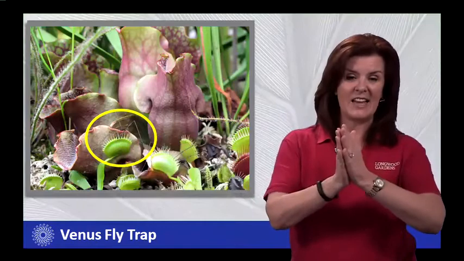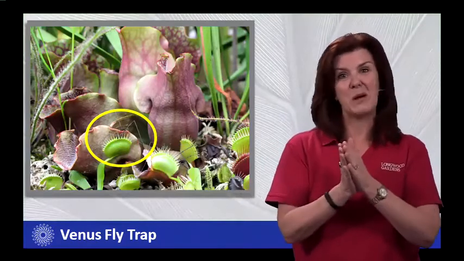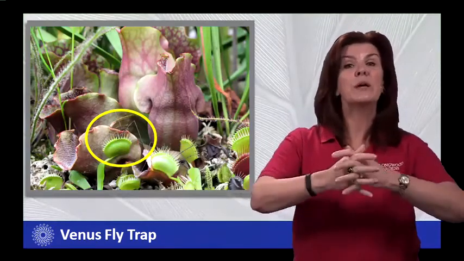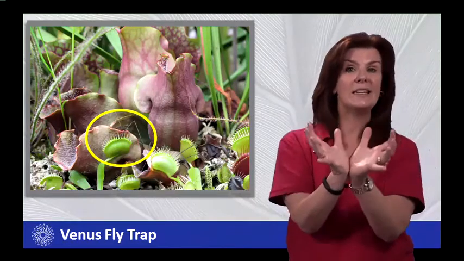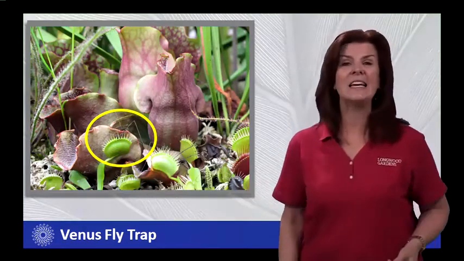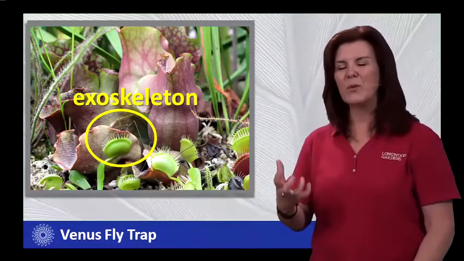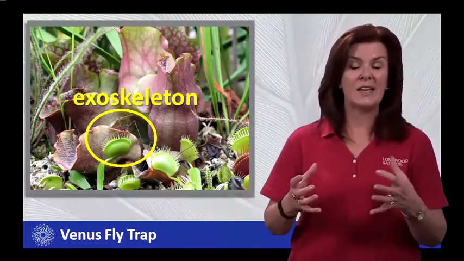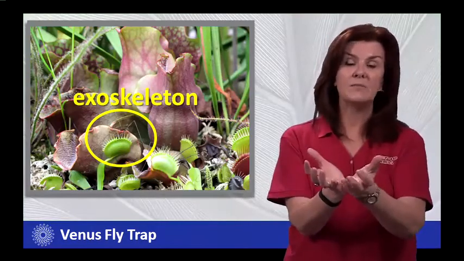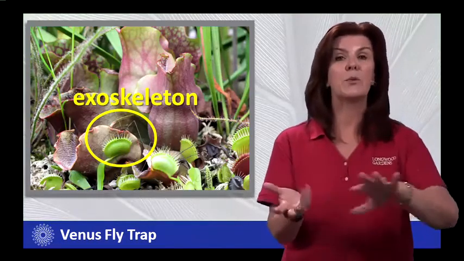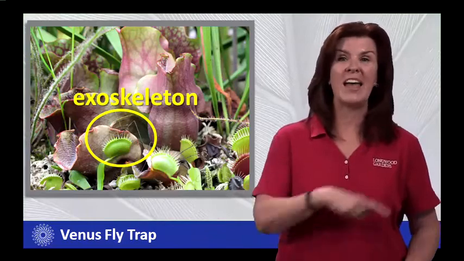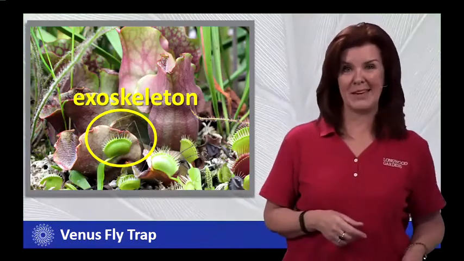What's going to happen is that insect, everything it has inside of it, becoming the food, this leaf will reopen in 4 to 10 days, and what's left behind is the exoskeleton, what's left from the outside of that insect. That exoskeleton is dried up now, and it either blows away or gets washed away, and that feeding process begins